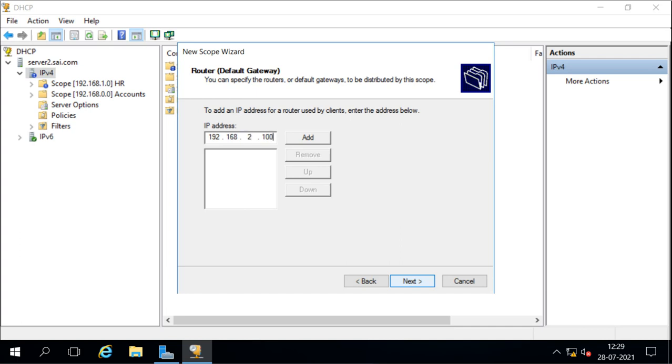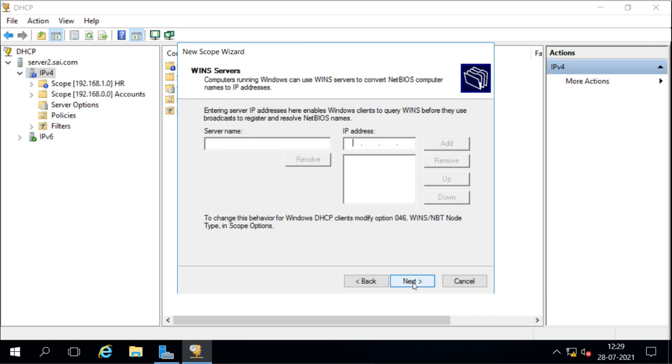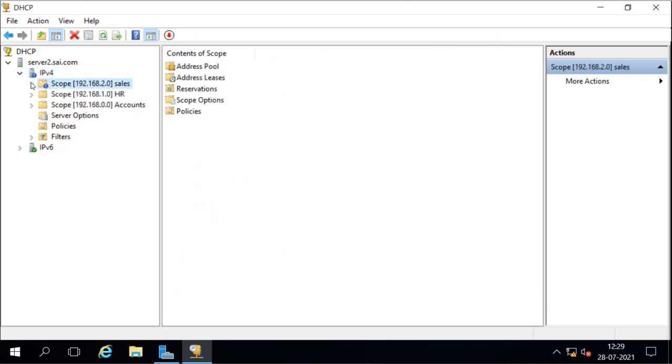Now, how does the DHCP server know which subnet or which scope to give when some client asks for an IP address? Right now we have these three scopes, 1, 2 and 3. When a client asks for an IP address, how does the DHCP server know from which scope it should give the IP address? That is also important. Now this is decided based on the source, the IP address on the DHCP server adapter.